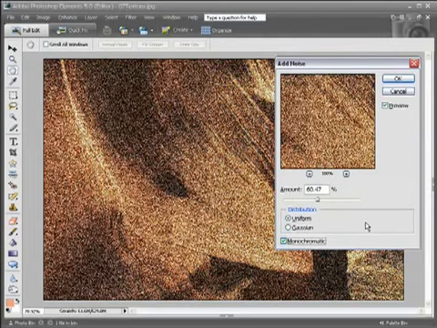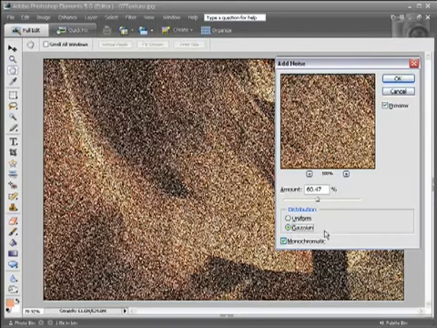This can be distracting to your actual photo, so if you click on the monochrome option inside the filter, then it's only grey, white and black noise that's added to the picture itself. You can also choose two different types of distribution: uniform, where the same amount of noise is applied across the whole tonal scale, or Gaussian, where different amounts of noise are applied to the shadow and highlight areas and the mid-tone areas. So we're going to select Gaussian, and we can adjust the strength of the effect using the amount